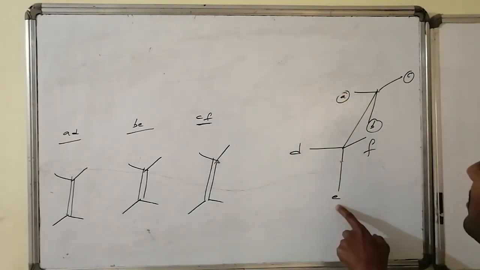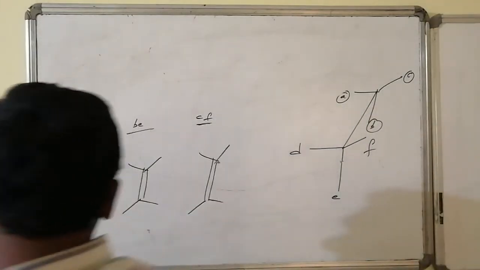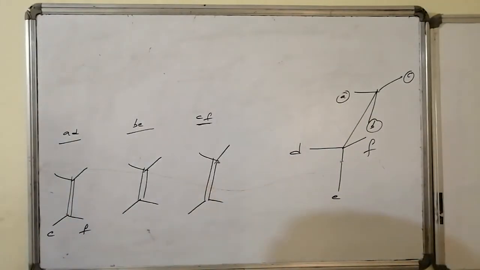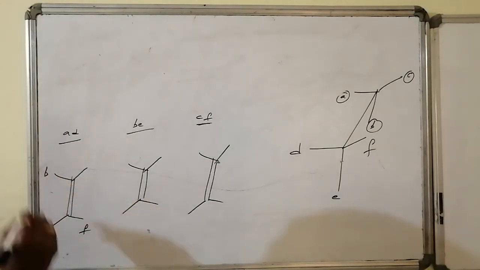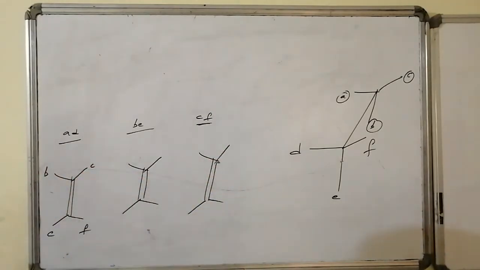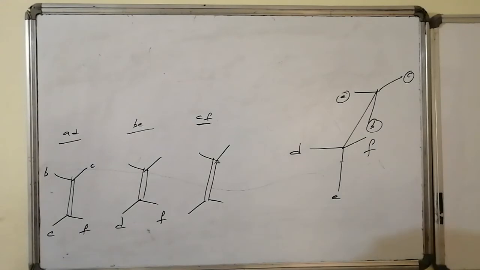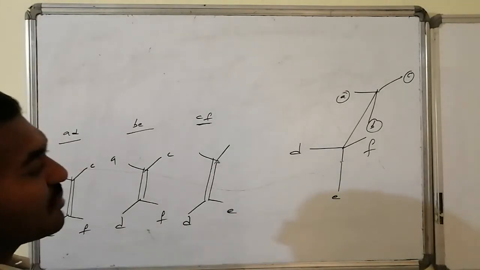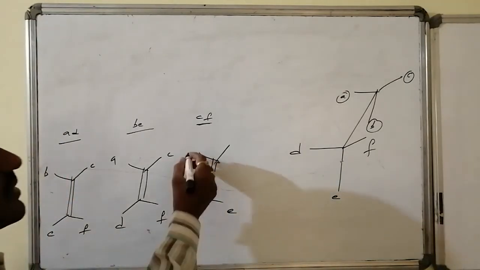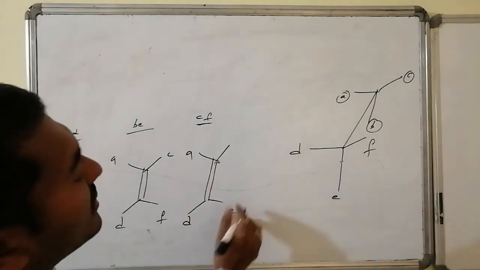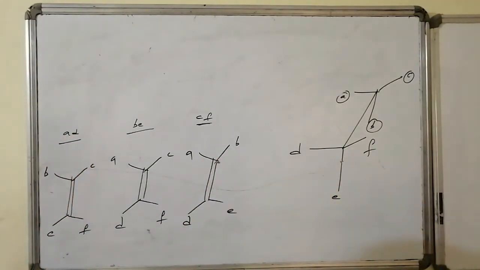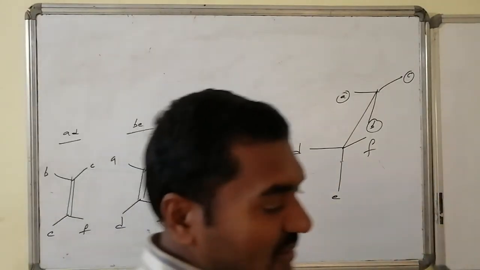Then carbon 1 has the E and F combination. Yes, one is E and one is F. E is very close to B because the dihedral angle is 0. Similarly, F is very close to C. Suppose B and E are eliminated, the bottom carbon atom has the D and F combination. D is very close to A, F is very close to C. Similarly, if C and F are eliminated, the remaining connectivities on carbon 1 are D and E. D is very close to A and E is very close to B here. In that way, you will get stereoisomers of the syn elimination products.